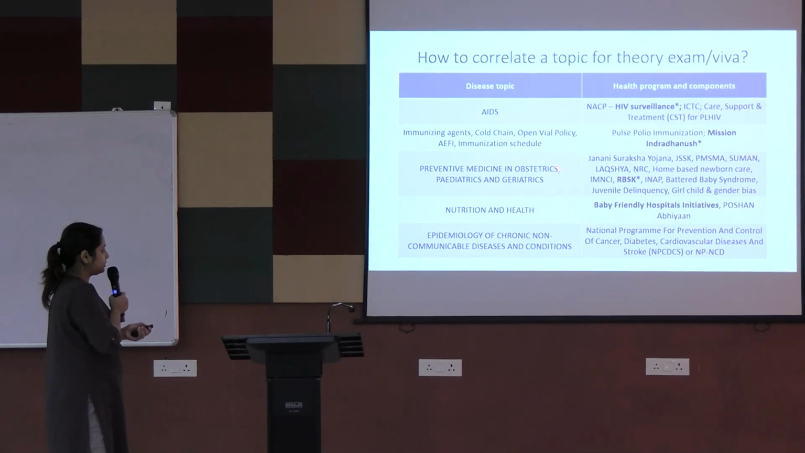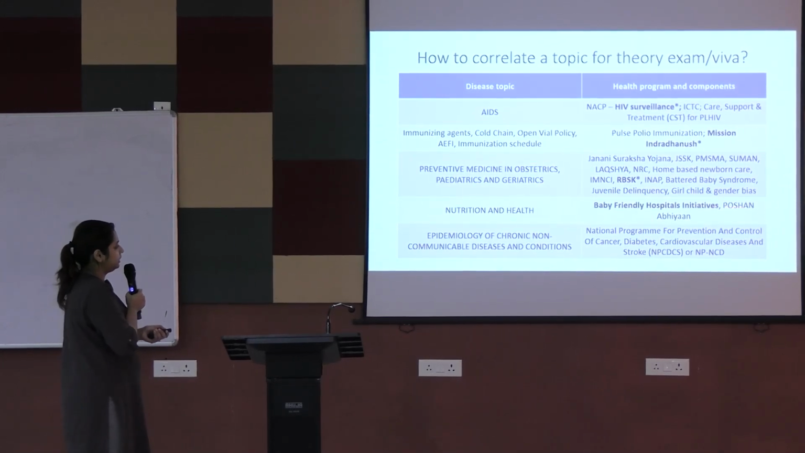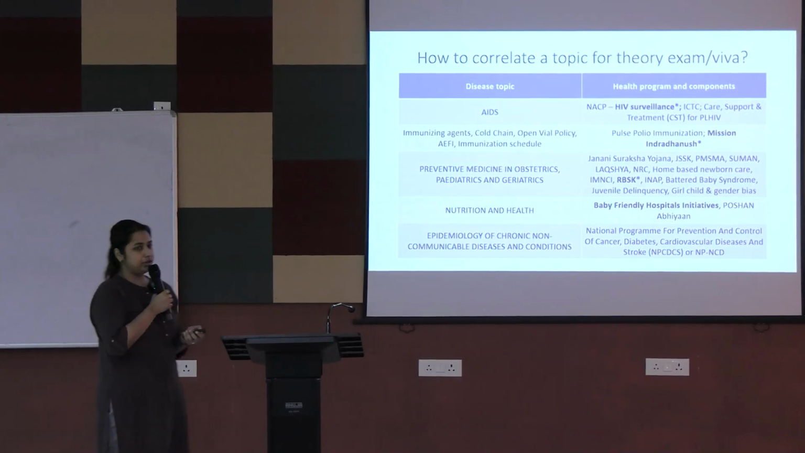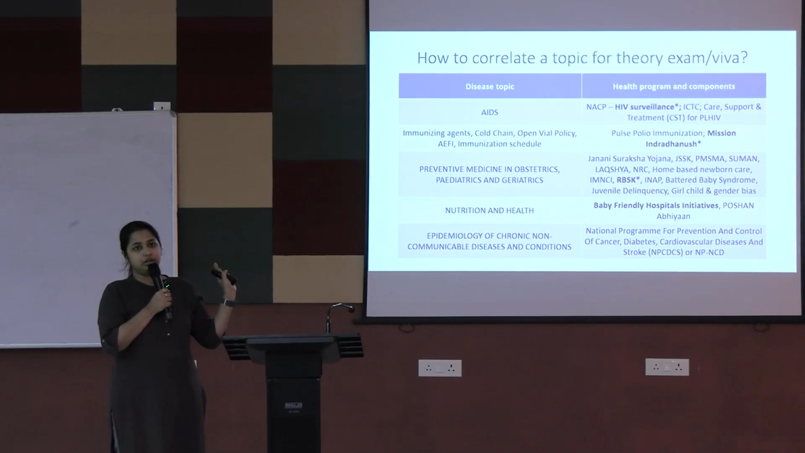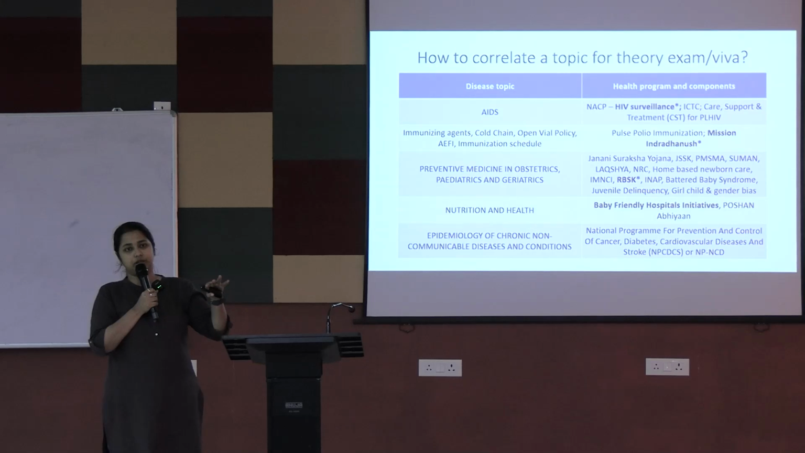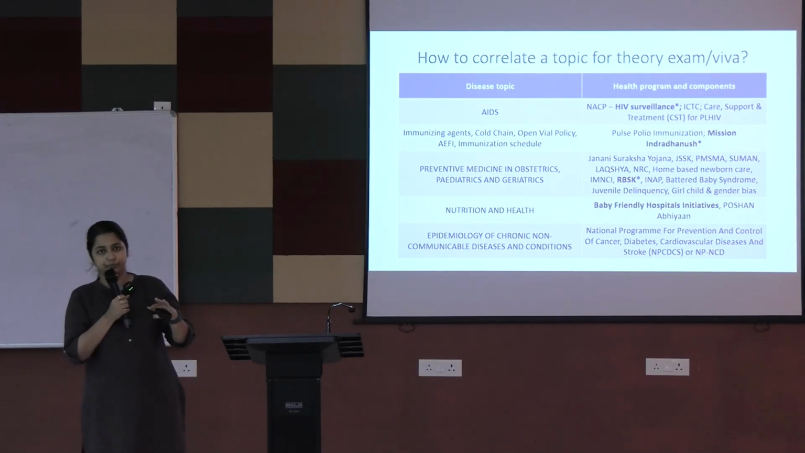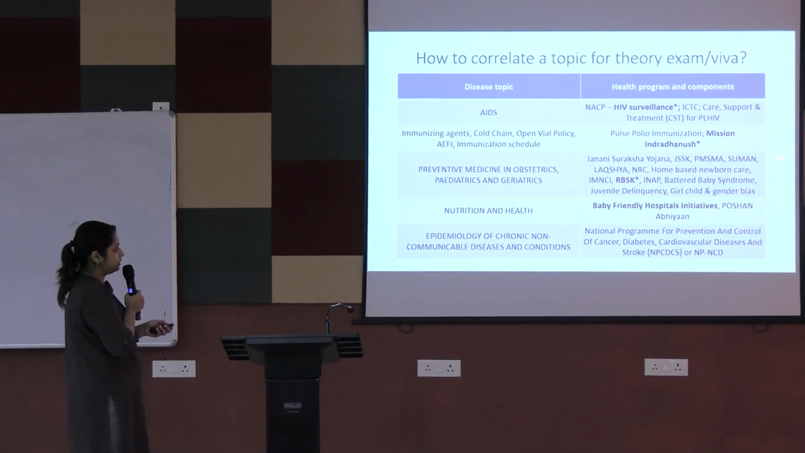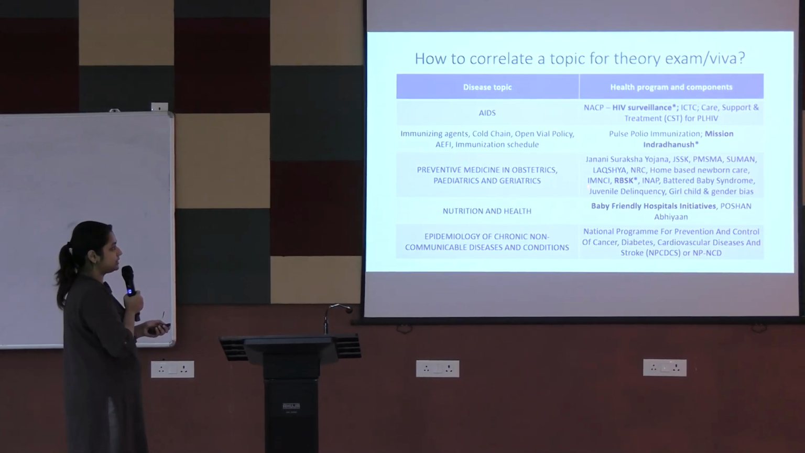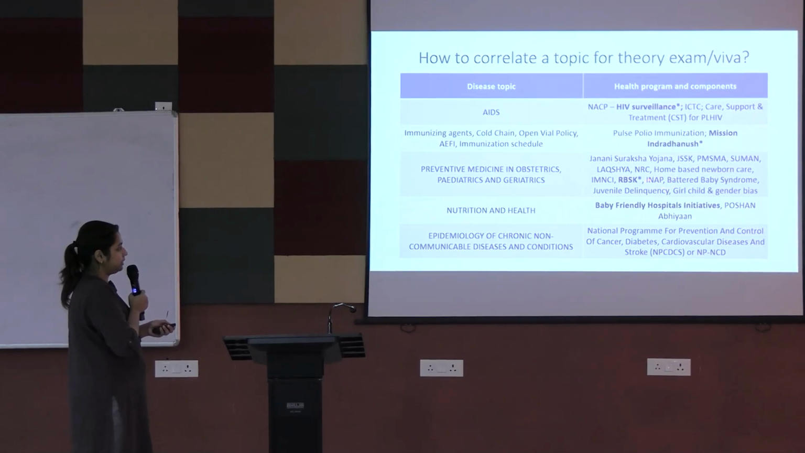Then there is the Obs, Pediatrics and Geriatrics chapter. In that the RCH component, that is the RMNCH component and the geriatric component. So correspondingly there are many short notes in the National Health Program chapter like Janani Suraksha Yojana, JSSK, then Pradhan Mantri Surakshit Matritva Abhiyan, then Suman, Lakshya, NRC, Home Based Newborn Care, IMNCI, RBSK, then INAP, Indian